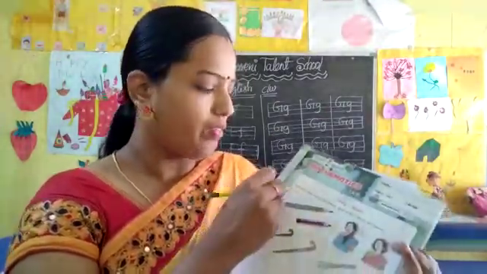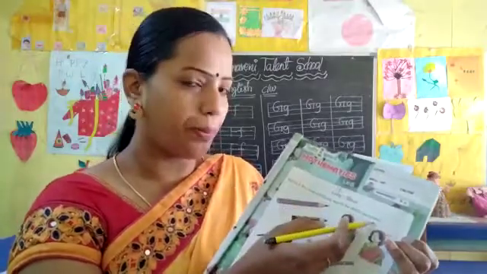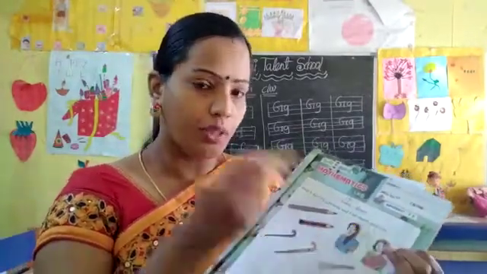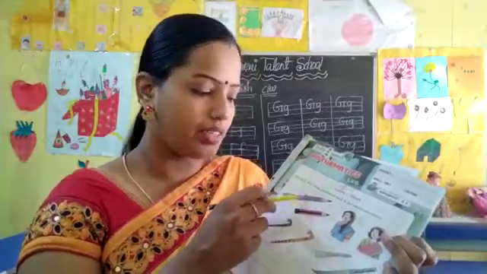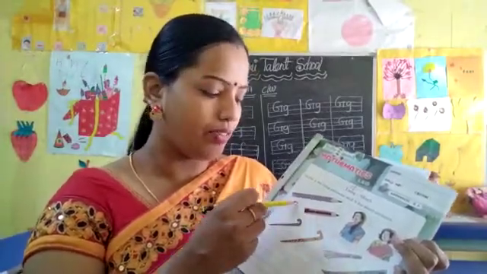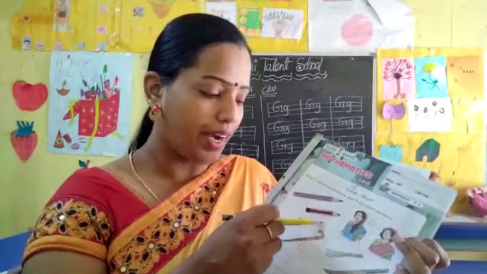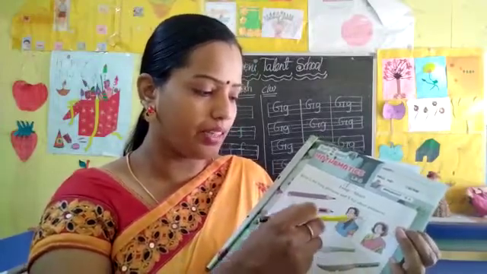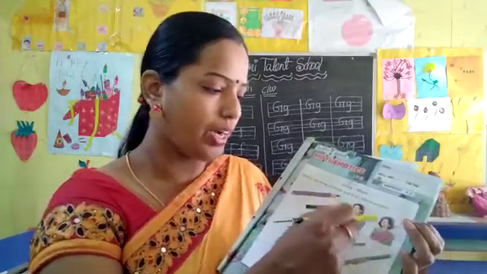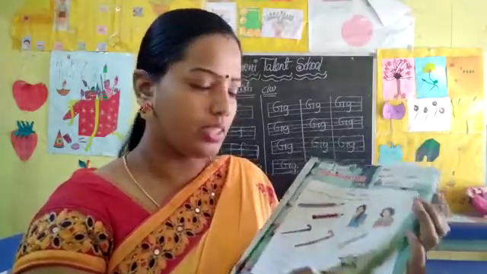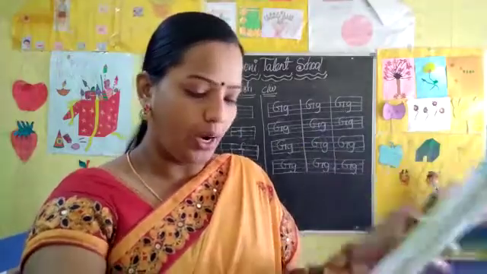See here. Write L for long pictures and S for short pictures. L for long pictures. Long बोलते बड़ा, short बोलते छोटा. Here see what is there here? Two pencils are there. See, long pencil and short pencil. We have to write here L for long and S for short. See here, two women are there. This woman has long hair and this woman has short hair. Long and short. Like this you have to do. This is homework, children.